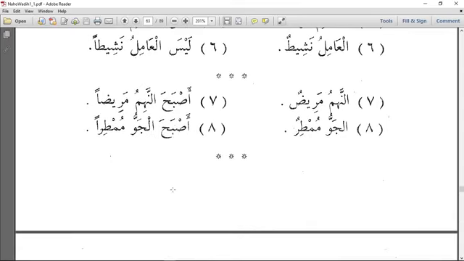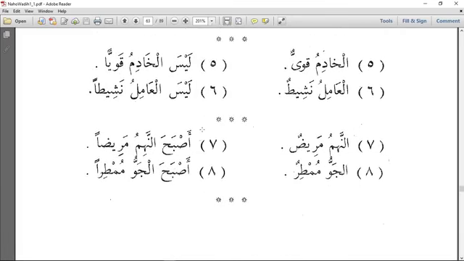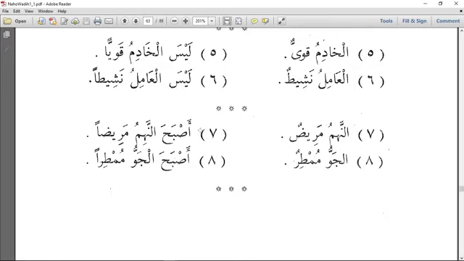So the second meaning is now to denote what Saro denotes. You know, we said Saro denotes change of state, changing from one state to another. So asbaha and its family, asbaha, amsa, adha, dhalla and bata, can also be used to denote change of state. So we can say asbaha nahimu maridun. The glutton became sick in the morning. So that means he was fine before, and when it was morning, then he became sick. So this denotes change of state.